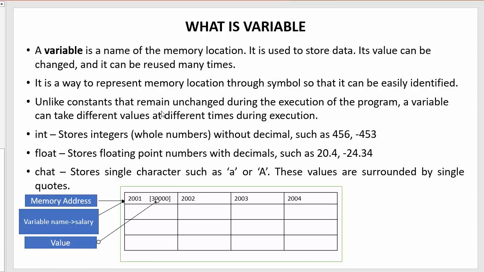We cannot change, whereas a variable value can be easily changed with each and every execution. As you can see here, I have mentioned different data types: int data type, float data type, and then char data type. So we will be using these data types in our program to tell the compiler that the value which I